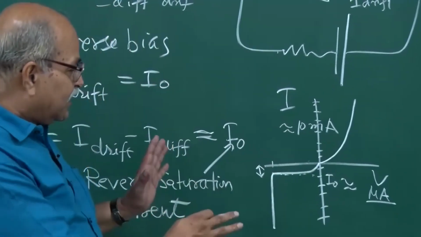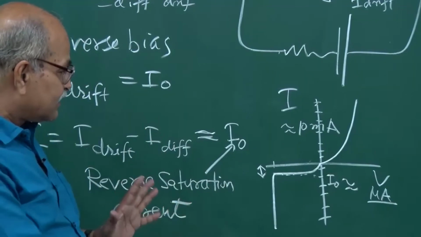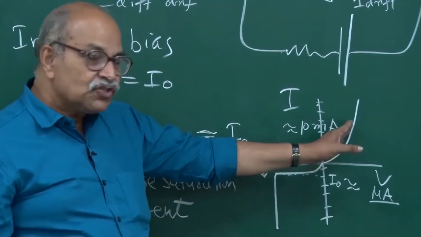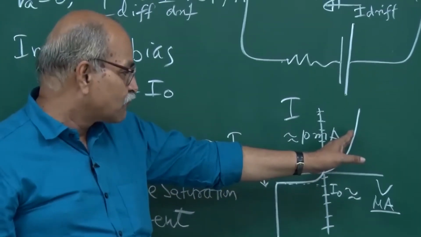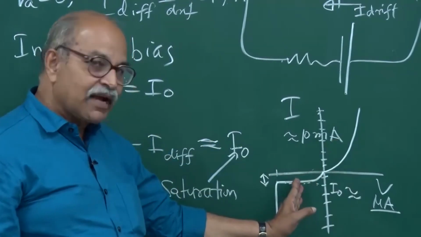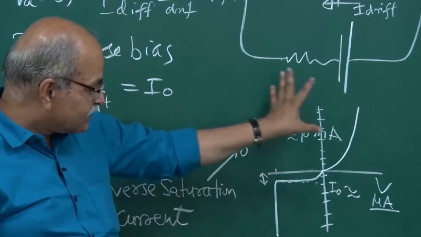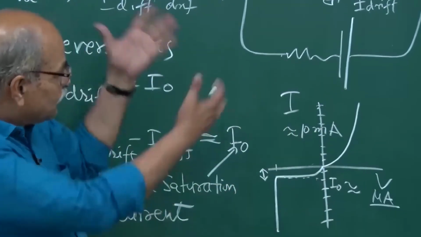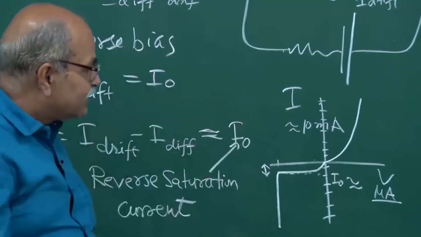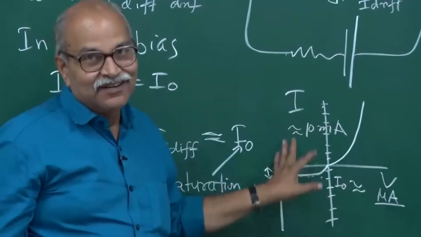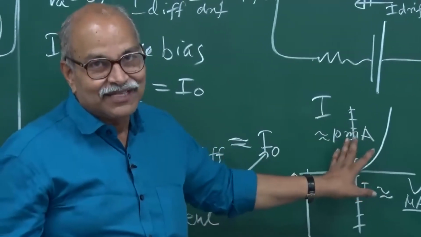So this will be the complete IV characteristic. This is one branch or one part, forward bias, this is reverse bias, and this is breakdown, and this whole thing makes the IV characteristics. And when you use this as a circuit element, then you have to understand all these things. Okay, so that is for today.